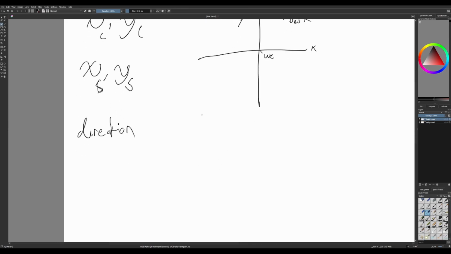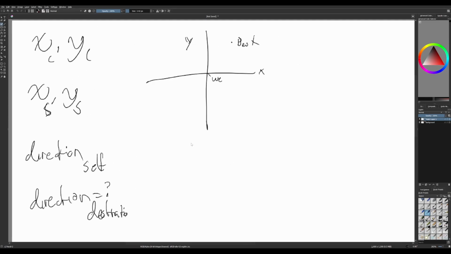So we have the direction for the self. We have that information. But then how about the direction for the destination? This is the big unknown that we have to figure out. So what do we do here? Well, the answer: